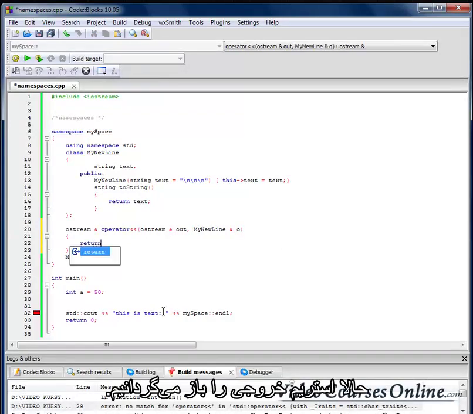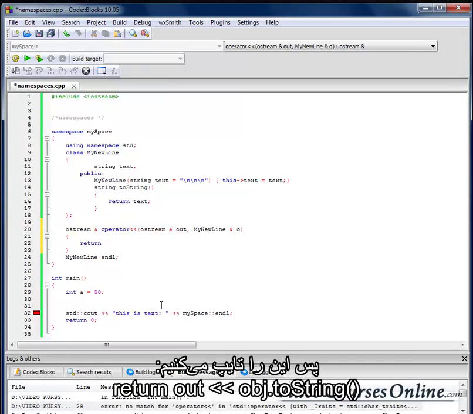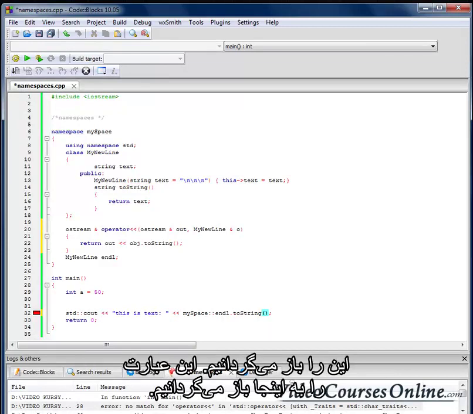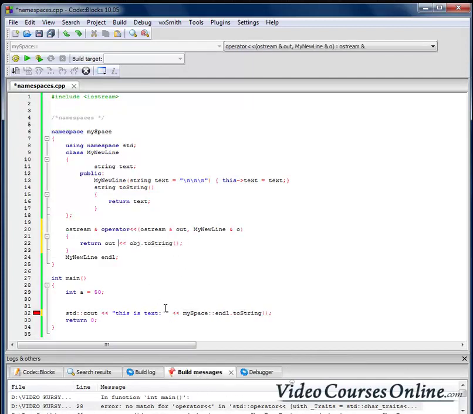And now we'll just return. We need to return the ostream, right? So we'll return out, object to string. So we are just doing the same thing like we did here, but we are just returning that thing, right? That thing with the cout is being returned here. And then, because of that,